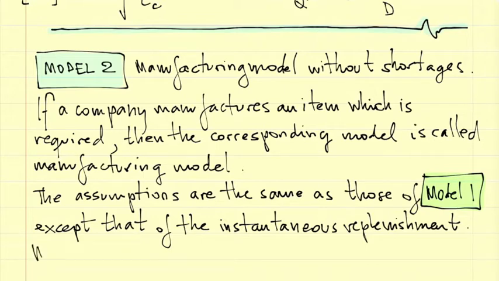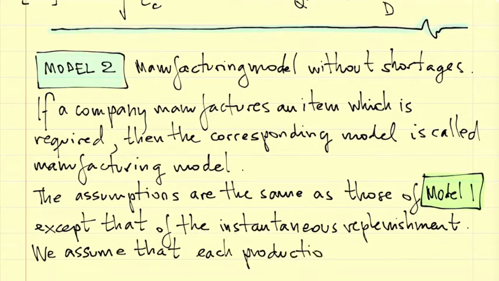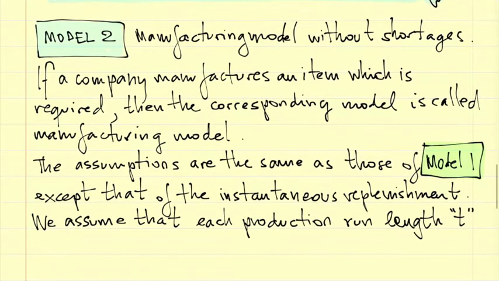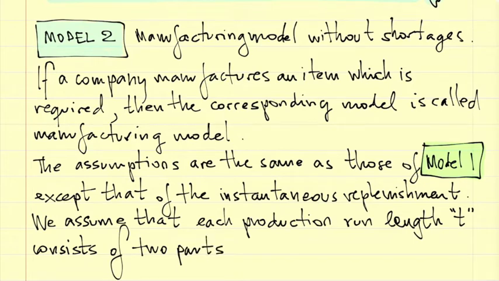We assume that each production run length T consists of two parts. So T is equals T1 plus T2